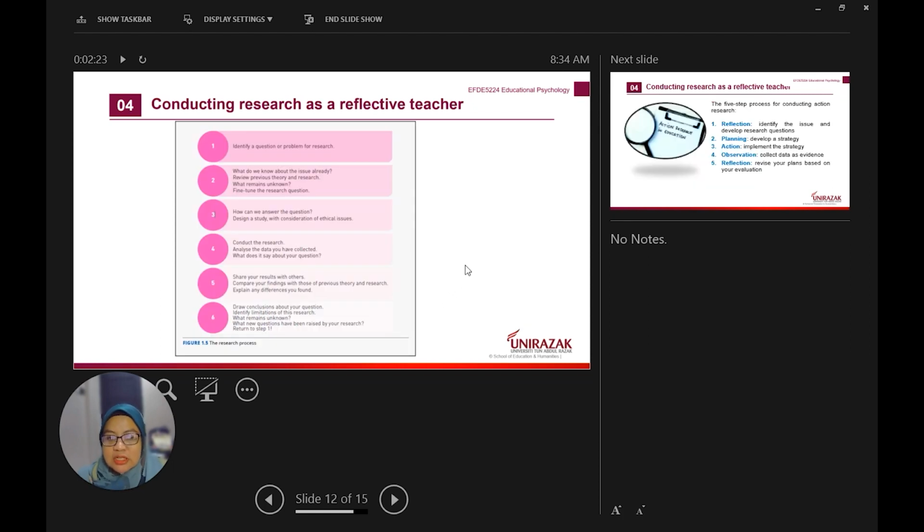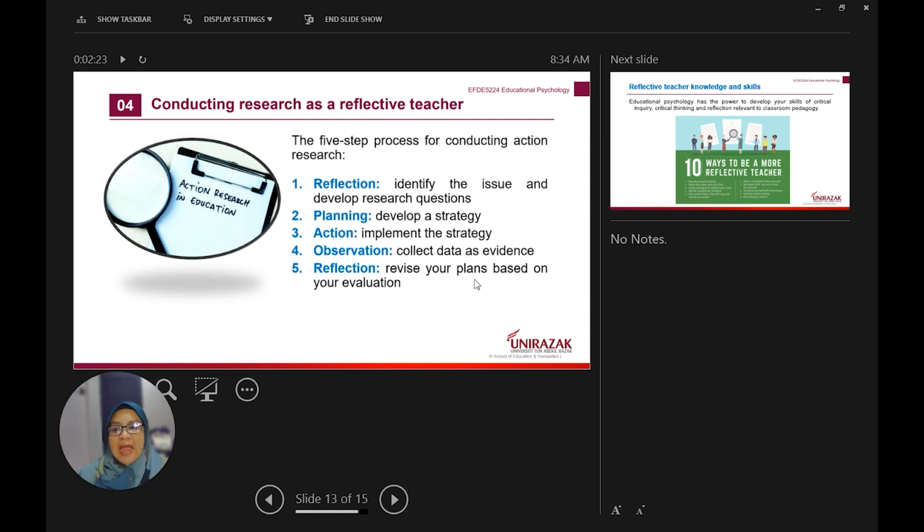Okay, so this is the flow of how you are going to start looking at the research, the action research, the research process, and this is going to be the detailed process of conducting